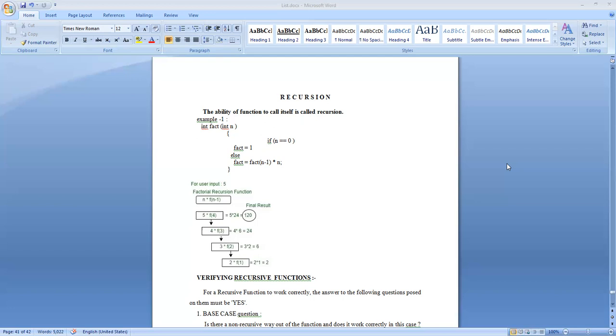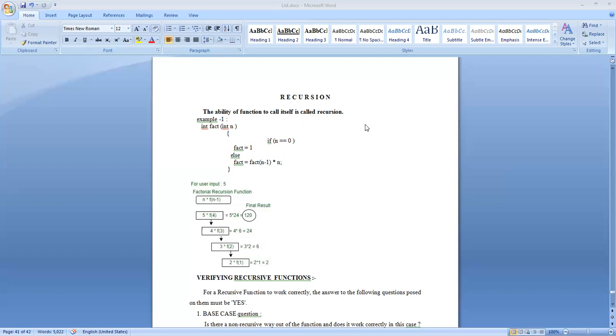So this is the basic idea about recursion, but how to write a recursion, and how to verify the recursion that we have written, are the ideas that we are going to see.